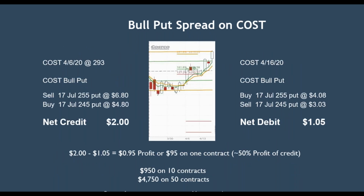Now, the two strategies we just got out of, the profitable strategies, were both bull puts. This first one was on Costco, and in the middle, you can see the chart of Costco. And the first thing you probably are wondering is, what are all these lines you have on the chart? Well,